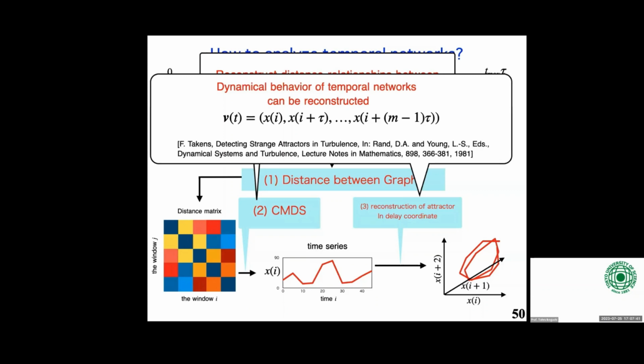We would like to discuss the temporal structure of the reconstructed attractor obtained by transforming this one-dimensional time series data into an m-dimensional reconstructed state space, as shown here, V of t. This reconstructed attractor is a technique used in nonlinear and chaotic time series analysis. And we also try to evaluate the recurrence structure of the reconstructed state space.